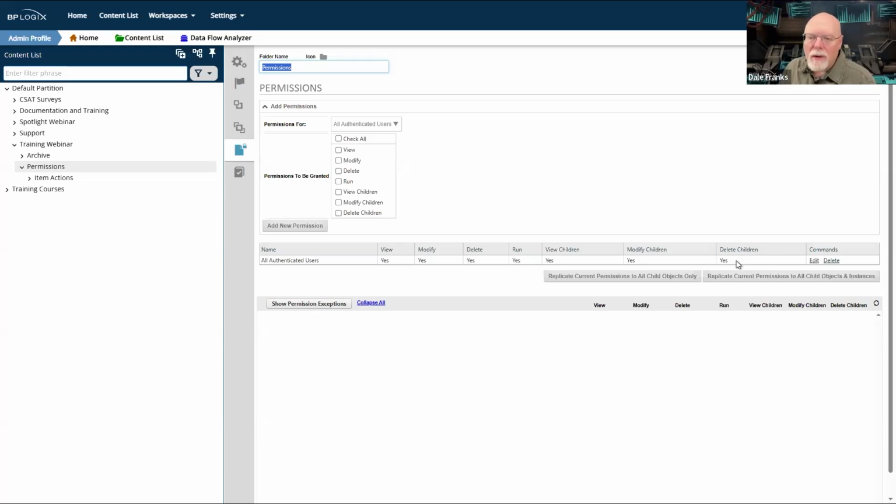We don't know whenever you're installing Process Director, although I guess if you're a cloud customer, we kind of know whenever we're setting it up. But just installing Process Director, the installation doesn't know whether you're a production system or a dev system or what have you. And so permissions are always set fully open. So one of the first things that you need to do is change those permissions to lock down your system.